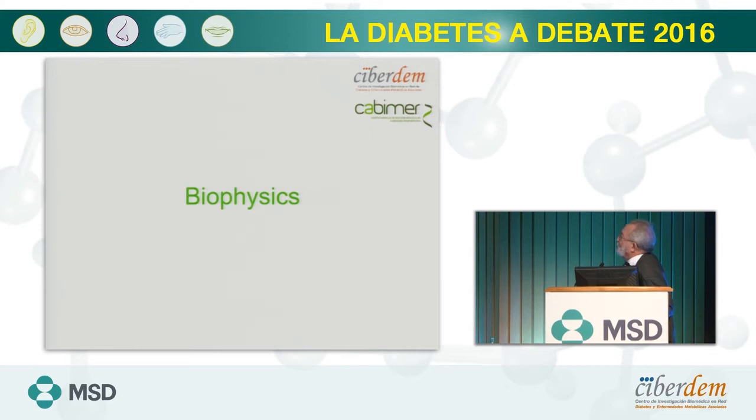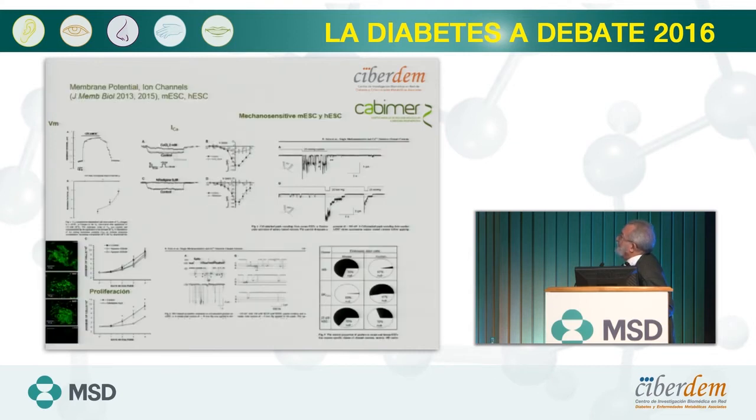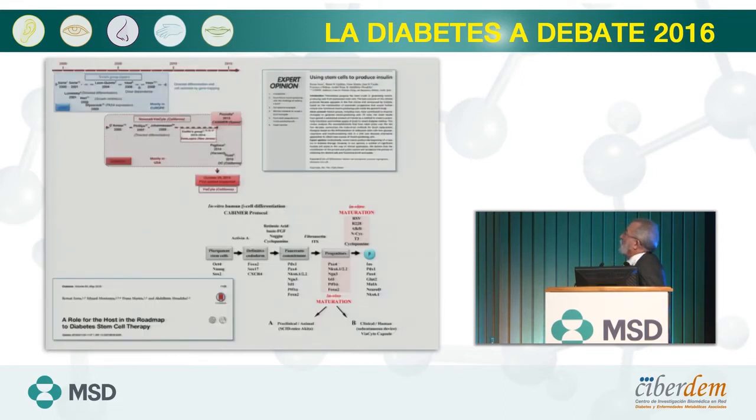I've been an electrophysiologist for many, many years, and I couldn't resist the temptation of doing some electrophysiology. There are very few papers describing the electrophysiological properties of human and mouse embryonic stem cells, so that gives us other strategies to force the differentiation into a particular fate. So taking all this information, we develop new treatments, and the summary will be this part of the slides